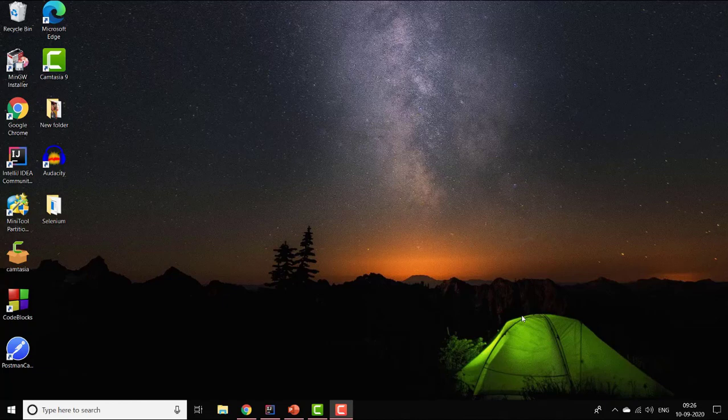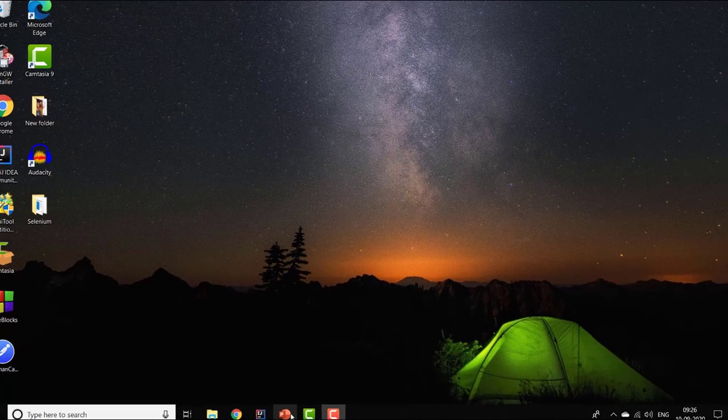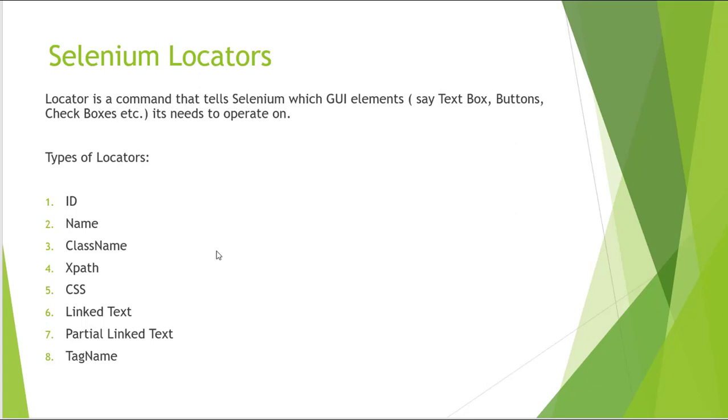Today we are going to discuss a new topic in Selenium, which is Selenium locators. Basically, Selenium locators are the locators on the web page which allow the user to locate some web element. Whenever we are working with the test script of some web application, there are multiple elements on the web page, so we need to locate those elements in order to work with them. Selenium provides some sort of rule which allows the user to locate the elements on the web page. So let us see what the Selenium locators are.